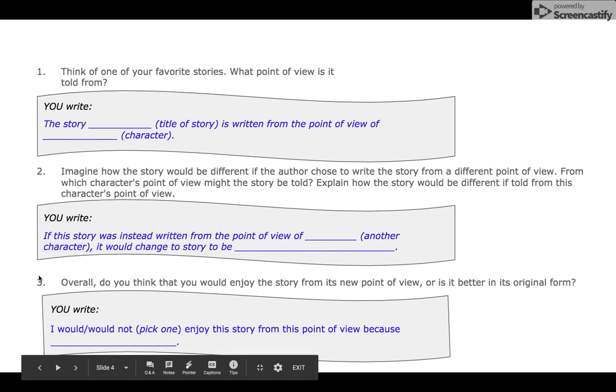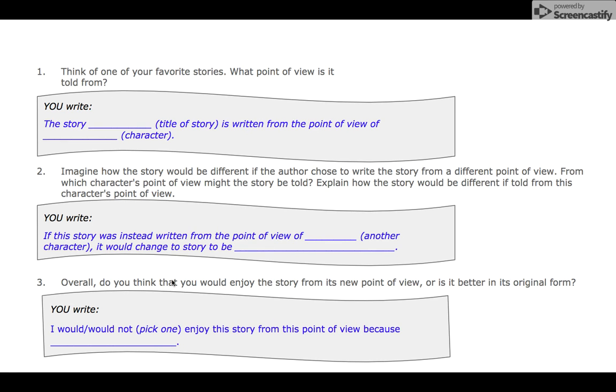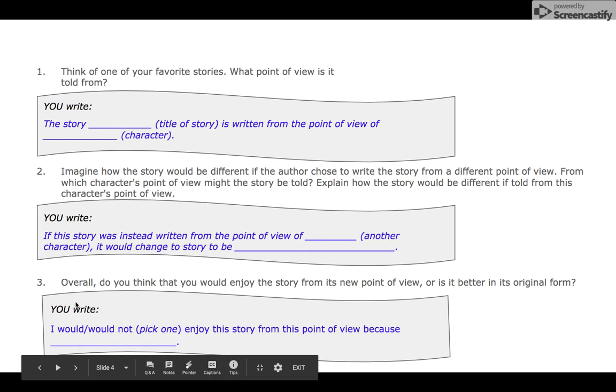Okay, third part of this discussion question. Overall, do you think that you would enjoy the story from its new point of view, or is it better from its original form? So you would decide, let's stick with the Snow White example. You would write, I would not, pick one of those, enjoy this story from this point of view because, and then you continue that sentence in your own words with your own ideas.